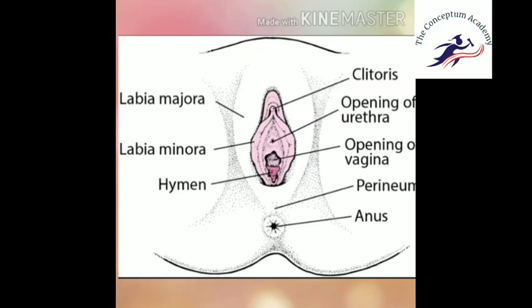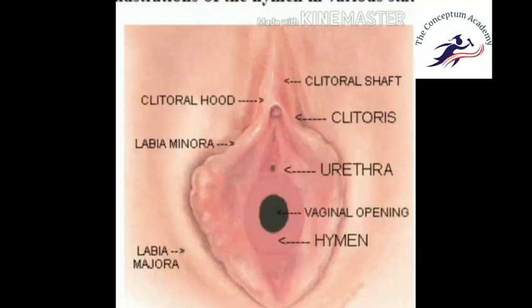However, it can also be broken by a sudden fall or jerk, insertion of a vaginal tampon, or active participation in some sports like horseback riding, cycling, etc. In some women, the hymen persists after first coitus. Now, in some women, after first coitus, the hymen is not broken.